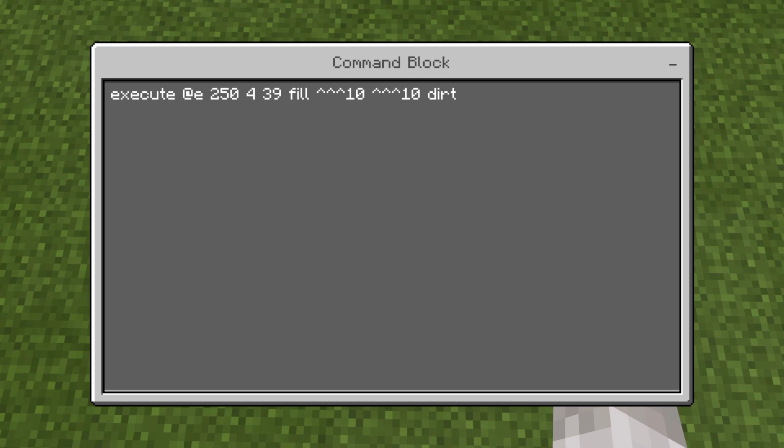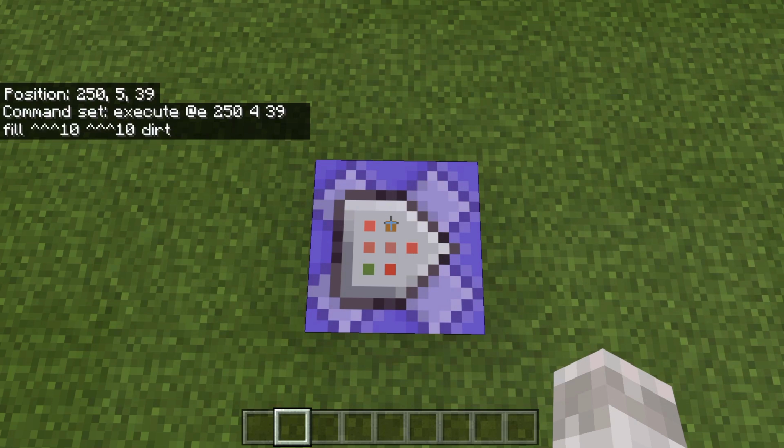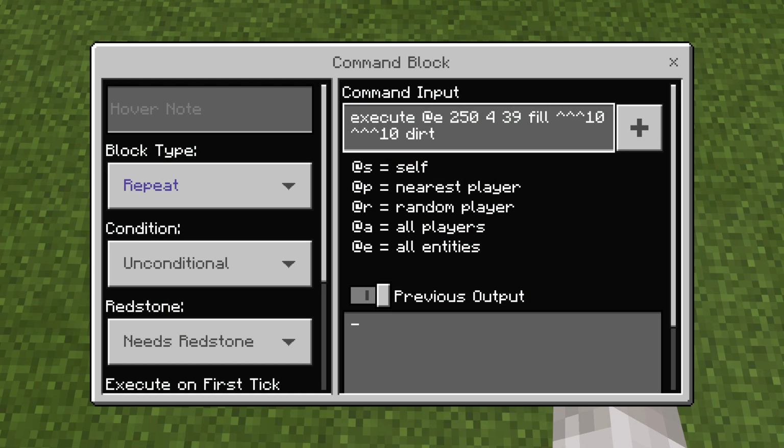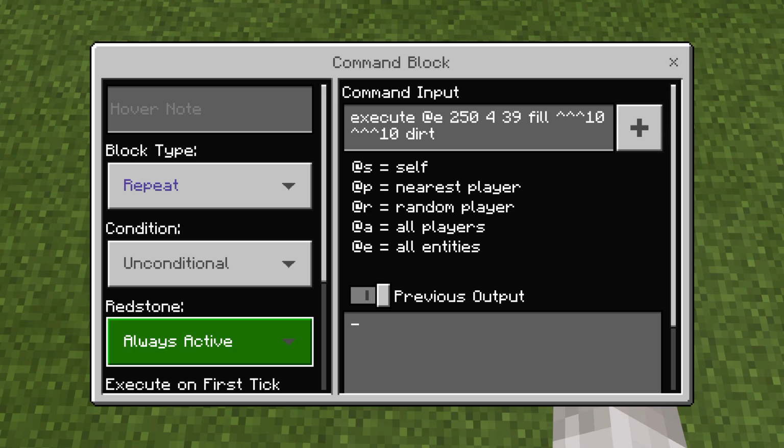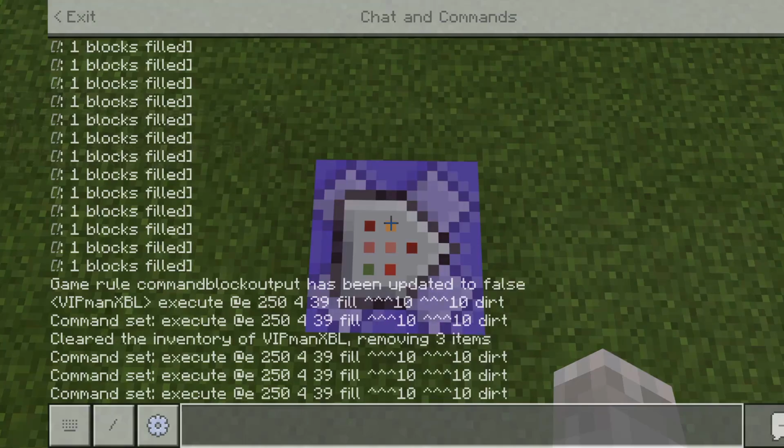And then you want to put a block you want. In this case, I'm doing dirt, but you can have whatever block you want. It needs to be the ID for that block and also the data value if that block needs a data value, depending on what the block is. You then want to set it to always active, and before you use this command, what I would recommend you